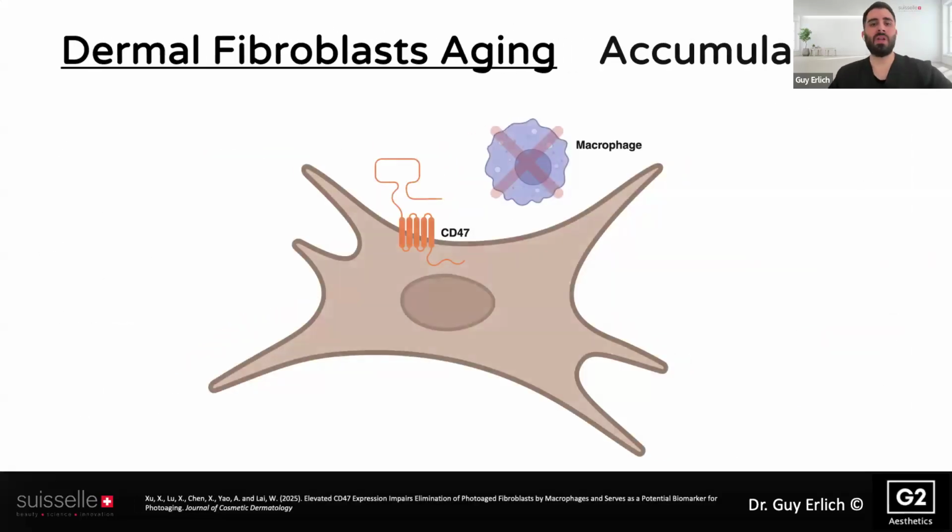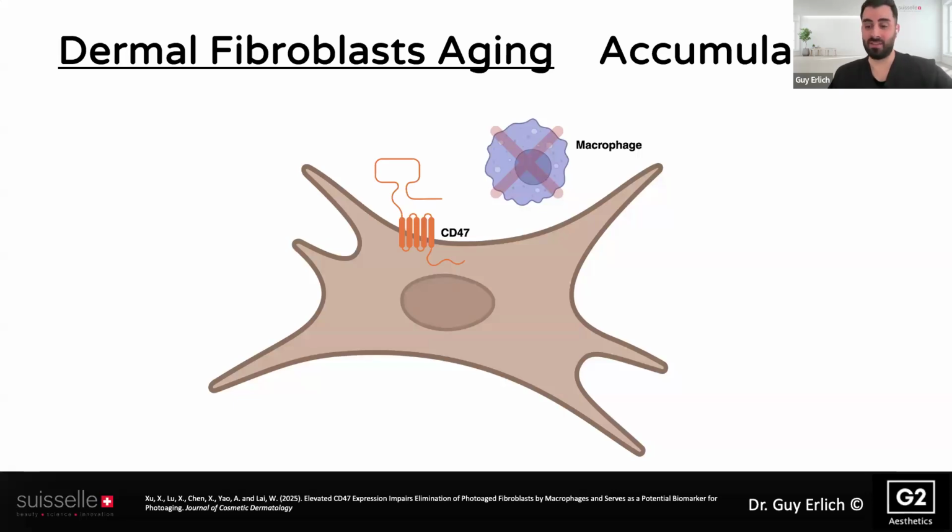Normally, our body would be able to just remodel the tissue or to remove these senescent fibroblasts with macrophages. But our fibroblasts are very smart, and the senescent fibroblasts are aged, so they are even smarter. They possess the CD47 receptor, which is the do-not-eat-me signal for macrophages, and